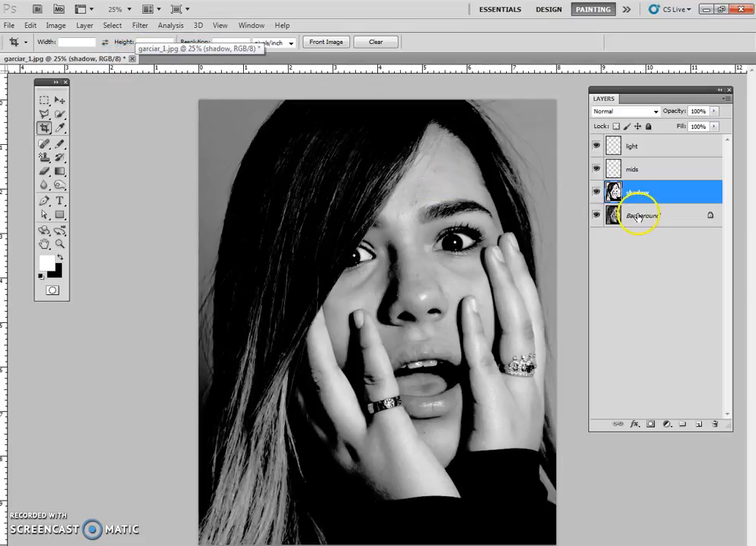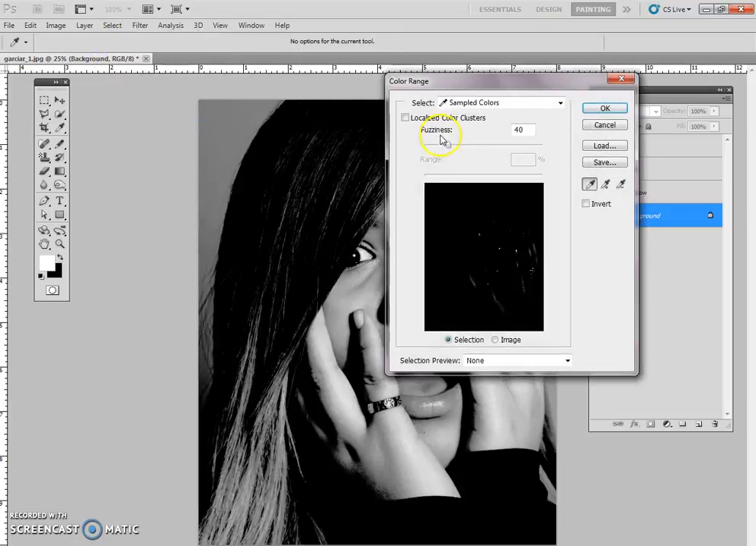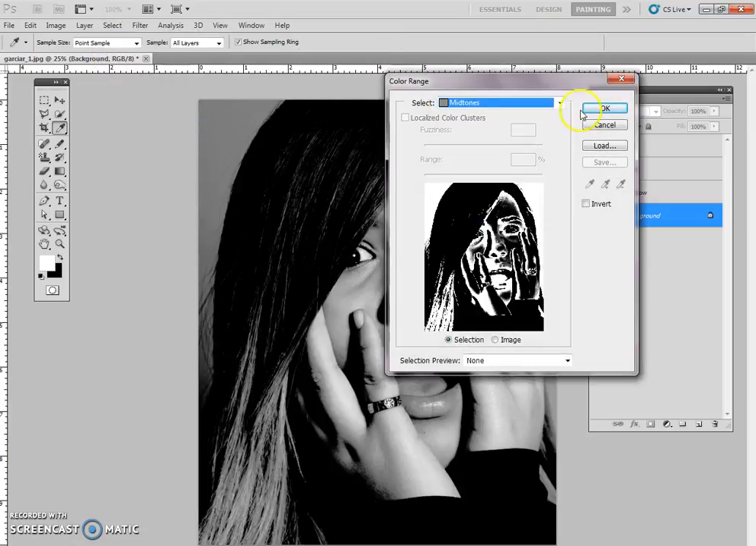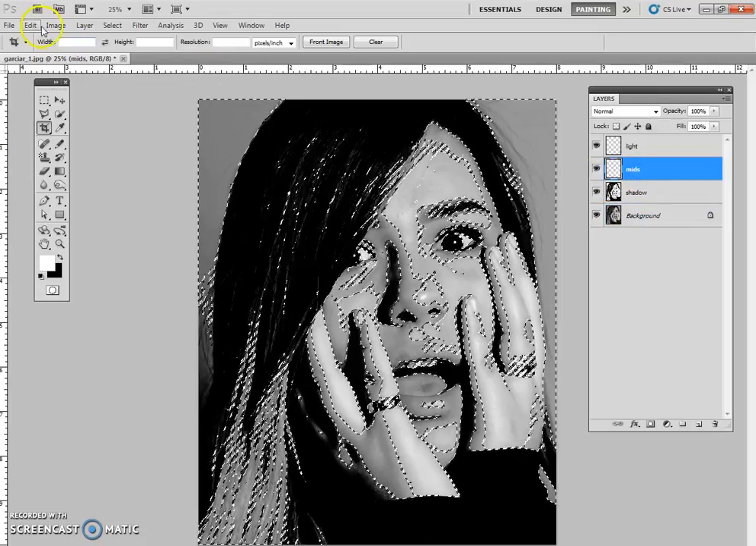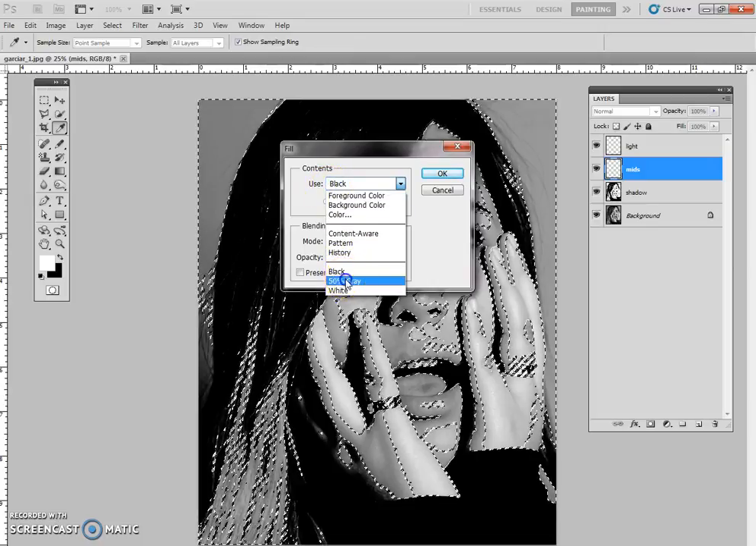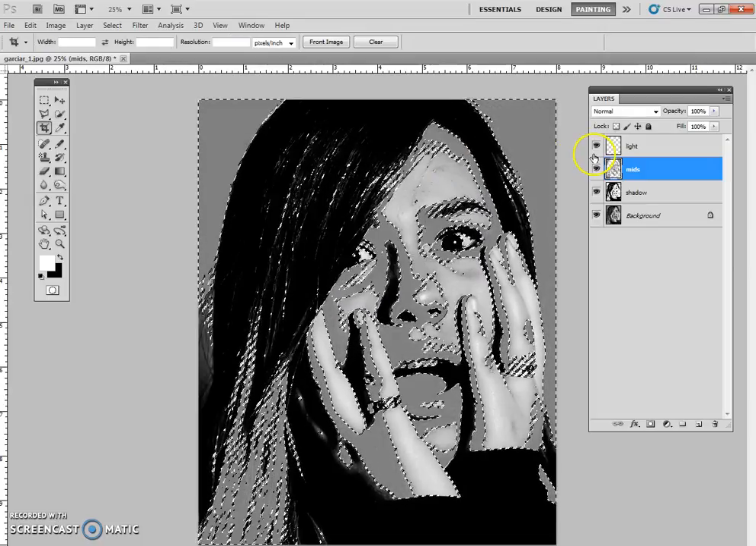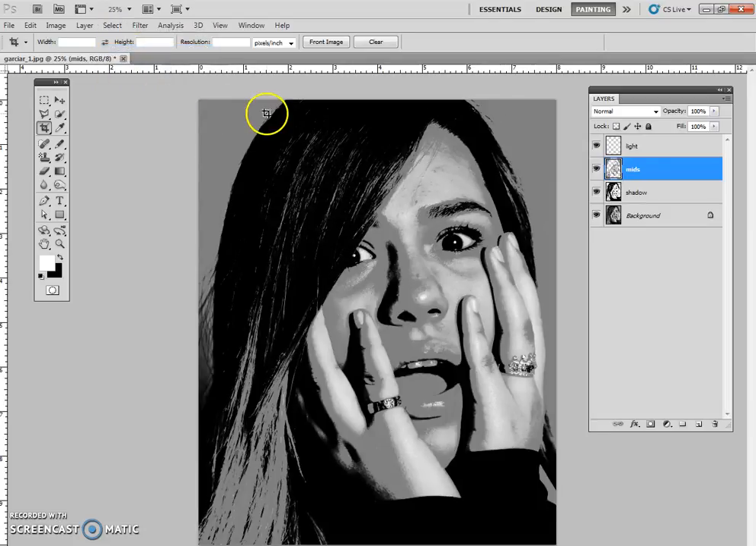We're going to start over again. We're going to go to the background, we're going to go select color range. This time we're going to select the midtones. And we're going to go to the midtone layer there, and we're going to go edit, fill, and we're going to fill this time with 50% gray. Again, select, deselect to get rid of the marching ants,